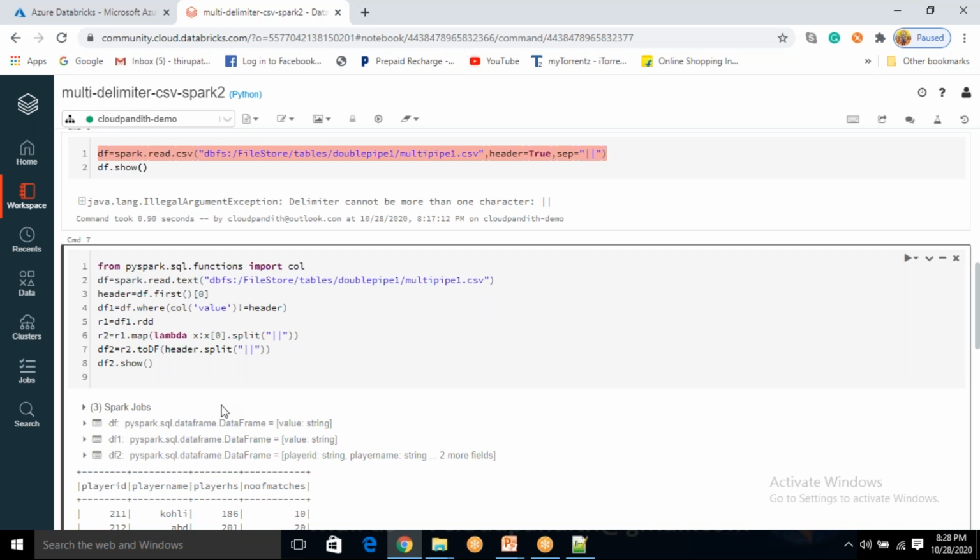Lambda is an anonymous function. There is no name for that particular function. So that function you need to define with a keyword called lambda. A lambda function is nothing but a nameless function, or you can say an anonymous function. These functions we are going to use for transforming your data, but that is up to you how you want to use these functions. So you may use them with the data frame or RDD. Wherever you want to use, you can use.